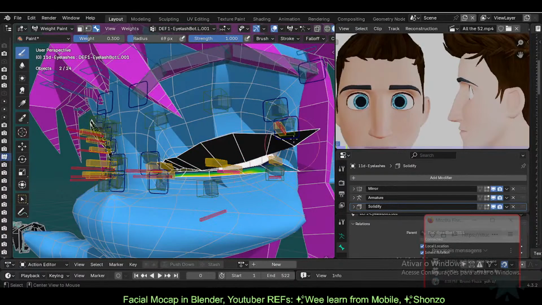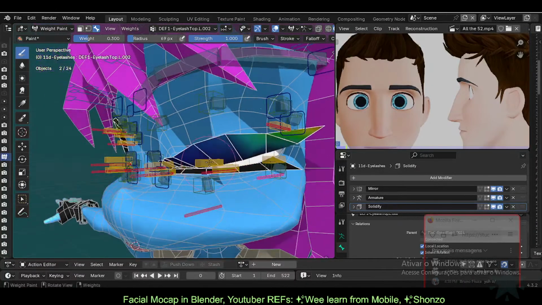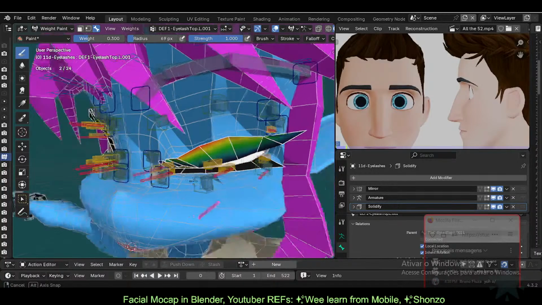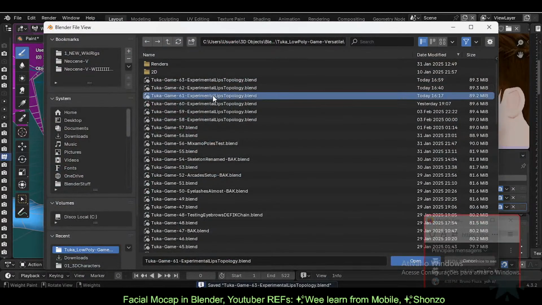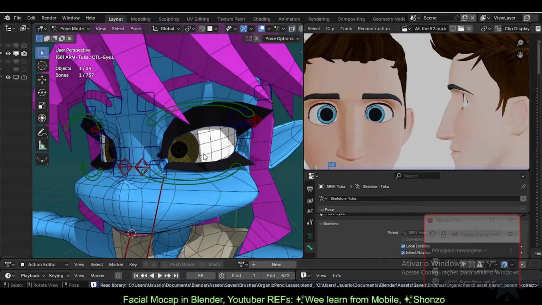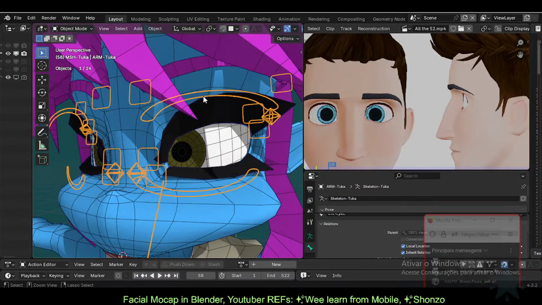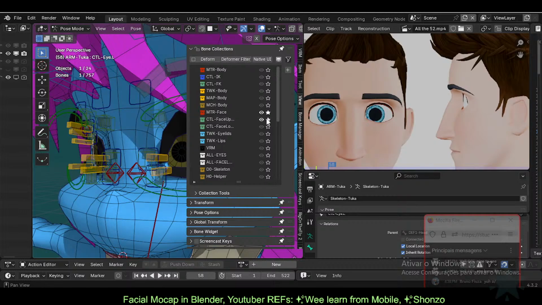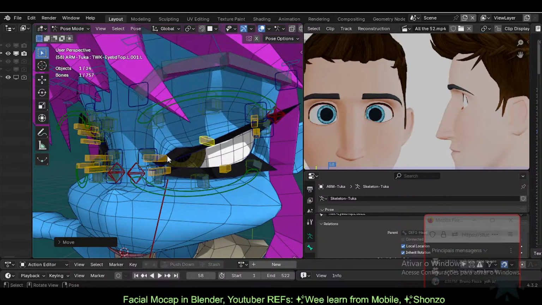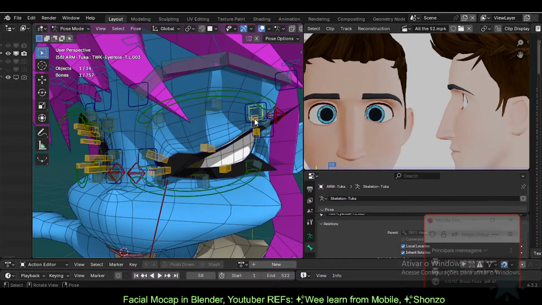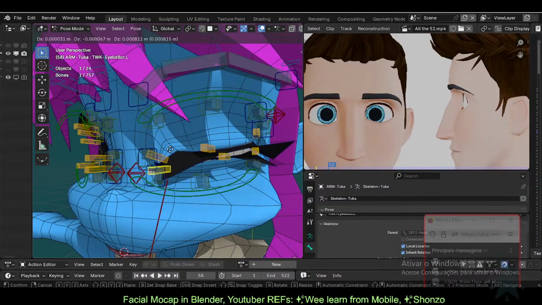Oh, the eyelash seems to be, yeah, but I suspect that the rig got broken, so I'm gonna save here, and again let's go back to before everything, and we're going to test here the face control. Okay, you see this is working, it's just that there's the gap. So probably when that thing broke, all the things that I've changed in the vertex weights, I lost the weight painting of the